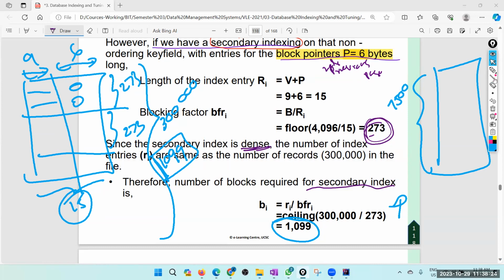So therefore, in the worst case, the number of accesses needed is log 2 of 1099. Then you get that entry. Then using that entry, you have the block number of the data file. So then you have to have one additional access. That is, you go and get the record in that block, because that block has the record. So therefore, the number of block accesses needed is log 2 of 1099,